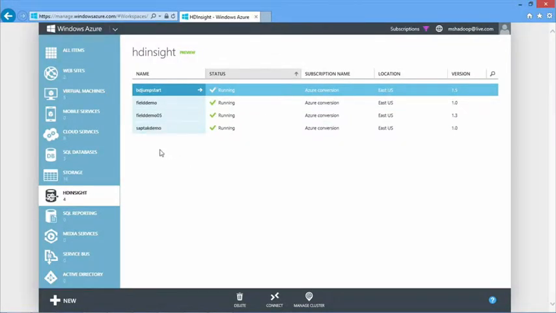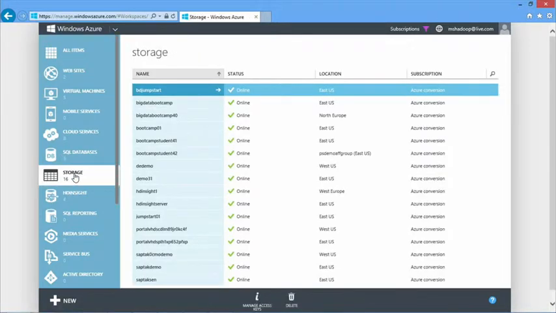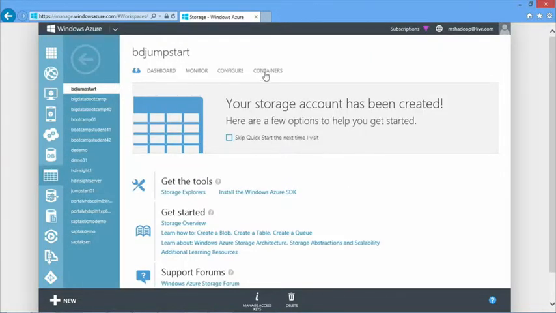Okay, so our PowerShell script has executed. If we go back to the screen here, what I just want to show is where we used to have the Elastic cluster. It's already gone, so the cluster got deleted. The way that we can tell what happened is by going to our storage tab now, and looking in our BD Jumpstart and in our container,